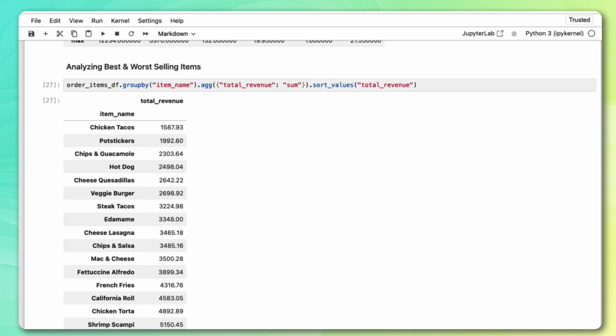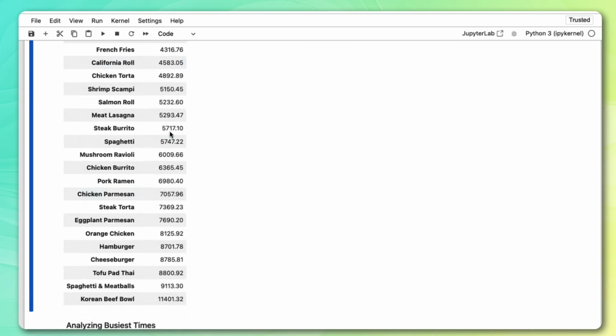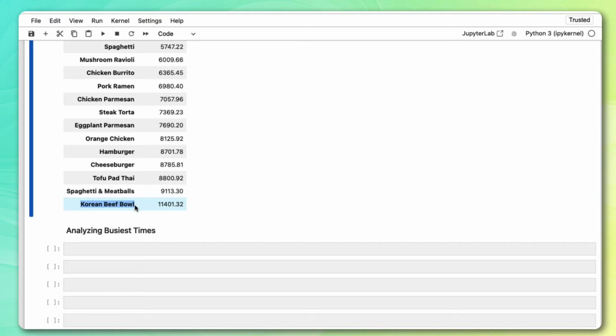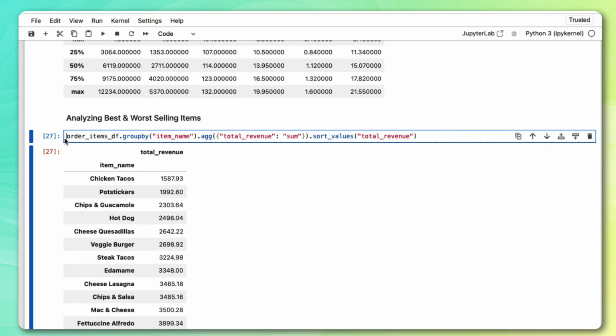Let's go ahead and do that now. And so here we have chicken tacos as our lowest selling item at $1,587. And our highest selling item was Korean beef bowl at $11,401.32. When our lines of code start to get this long, one thing I like to do is wrap my